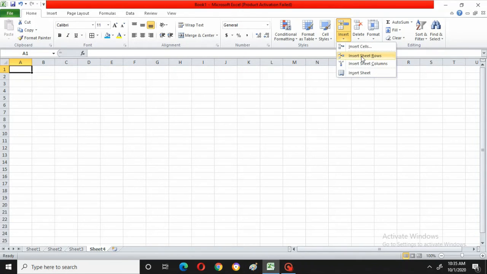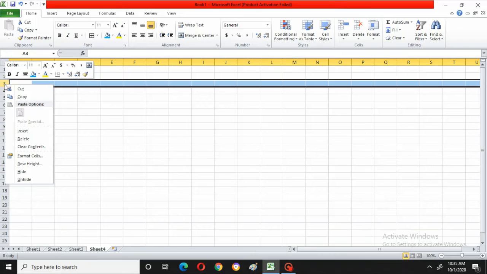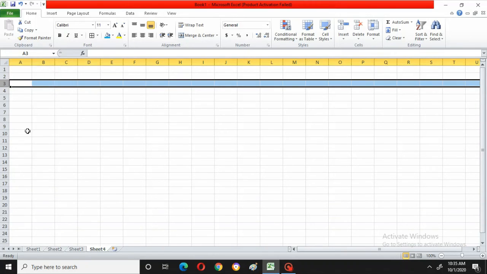Now insert rows. Now it is asking where to insert rows. Either you can insert a row like this also. Give a click over there and right click on that particular arrow. Now when you have right clicked, these options have come. Here if you say insert, one more row is added. I will say insert. See, automatically one row is added. You might have observed some blinking has come. So one row will come down and one more row will be added.